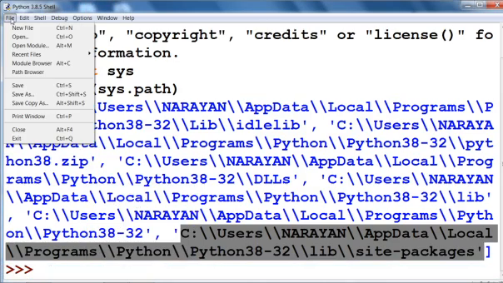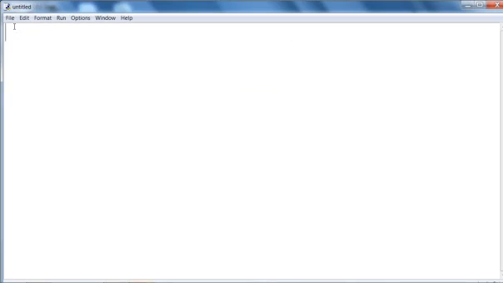If we take a new file, now we are going to import PyLibModule1.